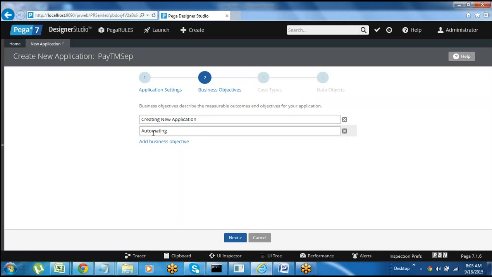You will not enter here, so already you'll get the business objectives. The business analyst will give all the information here. I'm just giving one or two objectives. If you leave it blank also, not a problem. Click on next option.